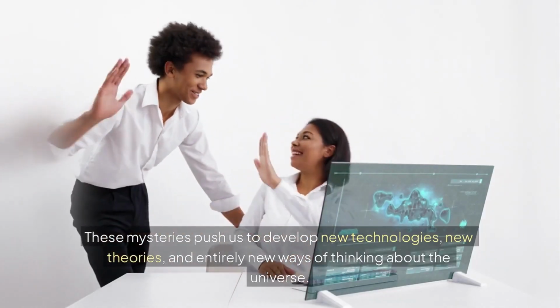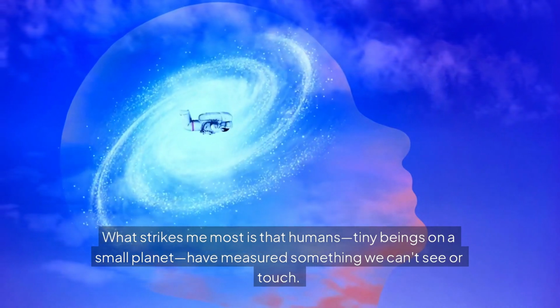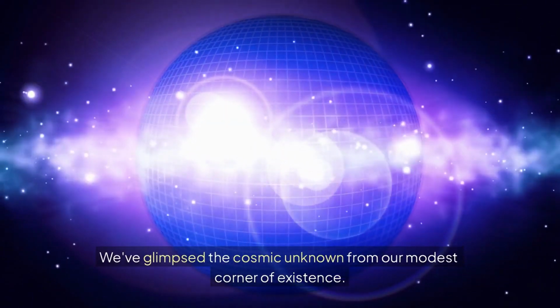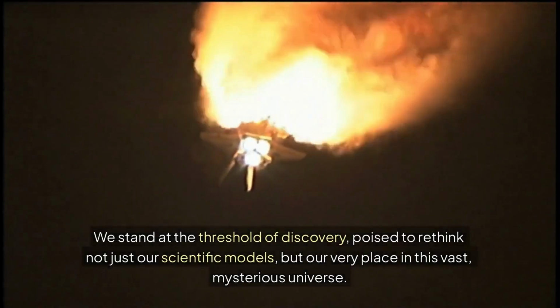What strikes me most is that humans, tiny beings on a small planet, have measured something we can't see or touch. We've glimpsed the cosmic unknown from our modest corner of existence. We stand at the threshold of discovery, poised to rethink not just our scientific models, but our very